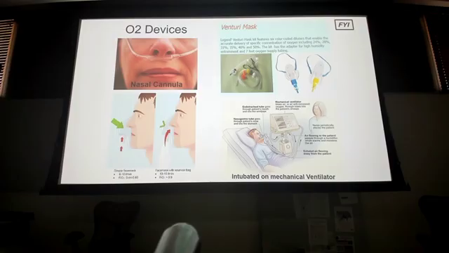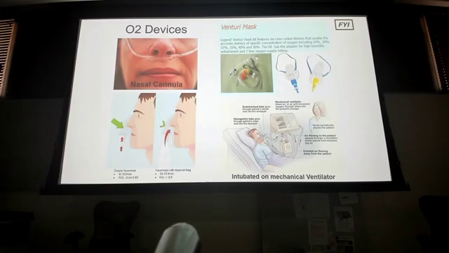Then here's examples of it. So nasal cannula, we've all seen these. Now what you may see in your phase 2 sites or other places is they have high-flow nasal cannulas, where it's actually a bigger cannula itself going in there, almost like nasal pillows. You can do a higher flow rate of like 10 to 15 liters. That may be more tolerated by the patient, kind of like a poor man's CPAP almost.